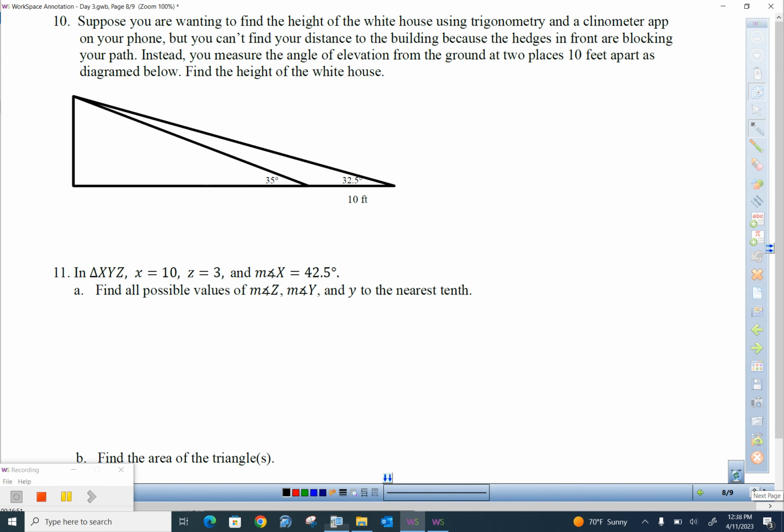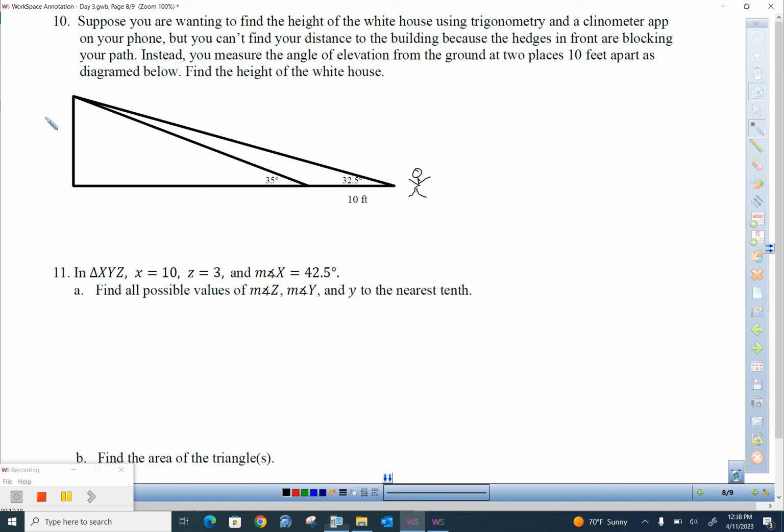All right. Number 10 and 11 are more review from last time. I'm going to help you get started on number 10, but then I'll let you try it as well. It says we want to find the height of the White House using trig and a clinometer app, which just measures angles. It says you can't find your distance all the way to the building because there are hedges blocking your path. So you're over here,